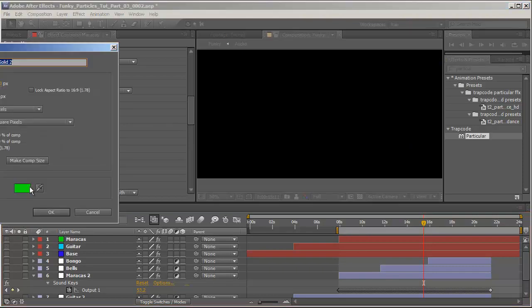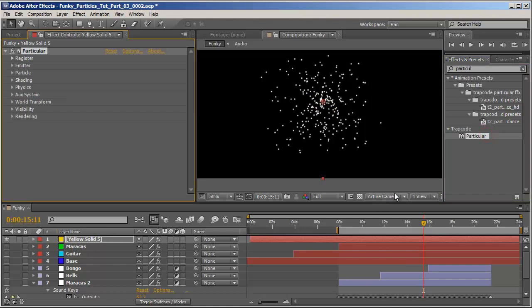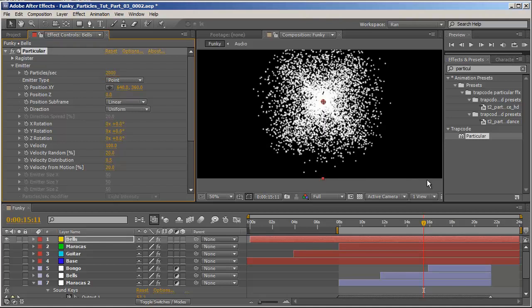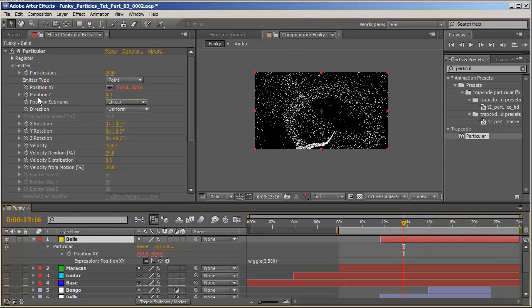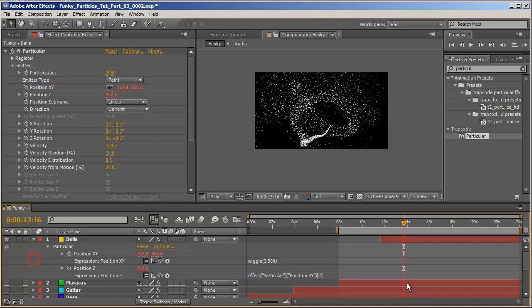Let's create a new solid, make it yellow, and let's apply particular to it, and we'll call it bells. First set the particle amount to 2000. Now as for the position, let's once again apply wiggle to it, and all this time we'll use 3, 500. I also would like to connect the position Z to the position XY,